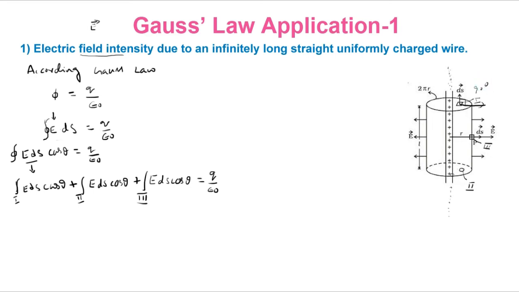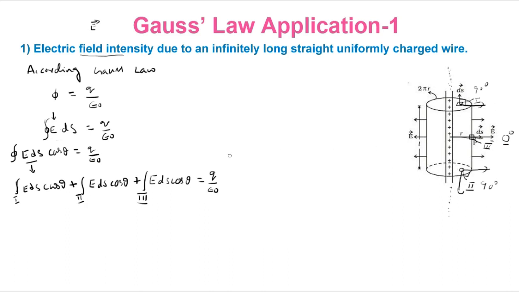Clear? And the same thing here: the considered area direction is downward, and the field direction is like this. The angle between these two is also 90 degrees. But here the electric field direction is like this, and the area is also in this direction, both in the same direction. So that's why this is 0 degrees.